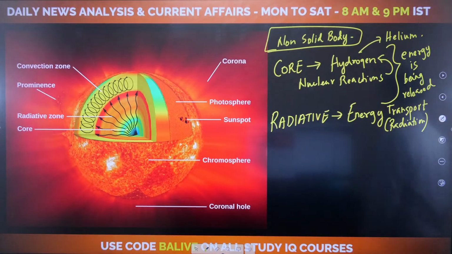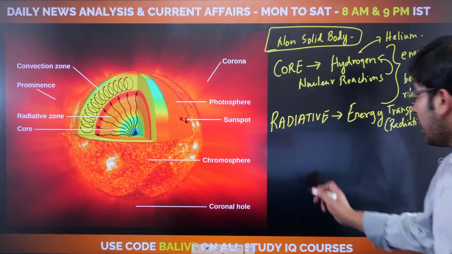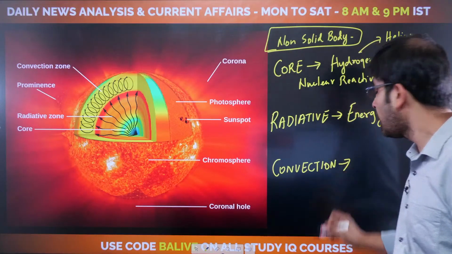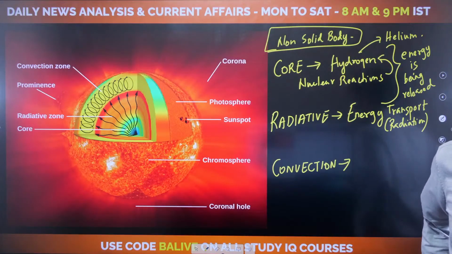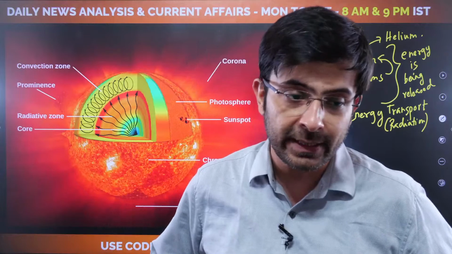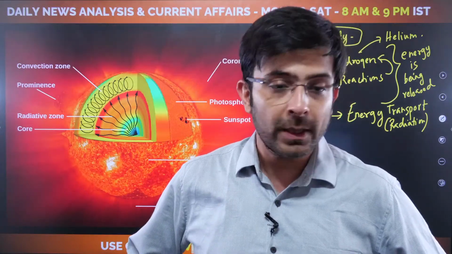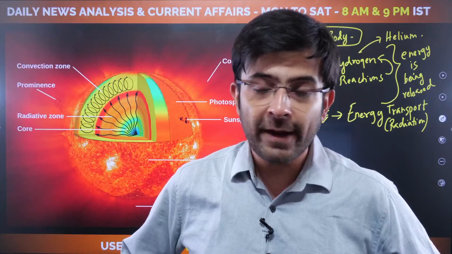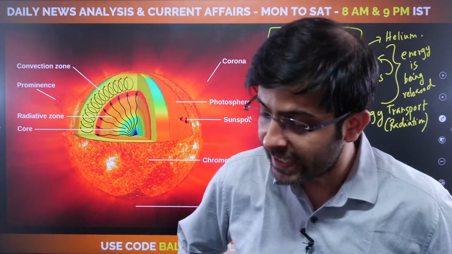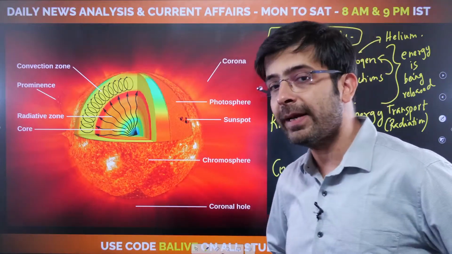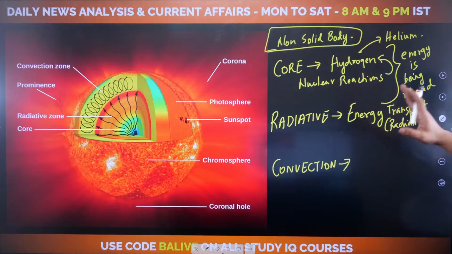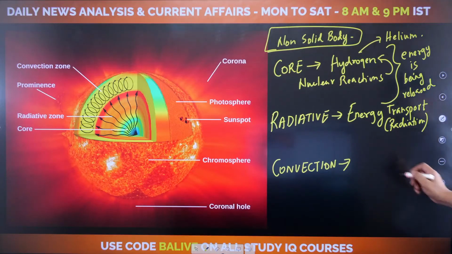Clear? And finally, after the radiative zone, you have the convection zone, where the convection form of energy transfer is happening. Convection, radiation, all of these are basic NCERT levels of how heat transfer happens, no guys? I'm sure you must be aware of that. What are the other forms of heat transfer? Two I have told you, convection and radiation. What's the other form? Let me know very quickly in the chat. See, you must be absolutely aware of NCERTs, only then will you be able to understand these concepts in detail. Okay. So now once we have understood core and radiative, come to the convection zone. The convection zone has to do with the outermost layer.